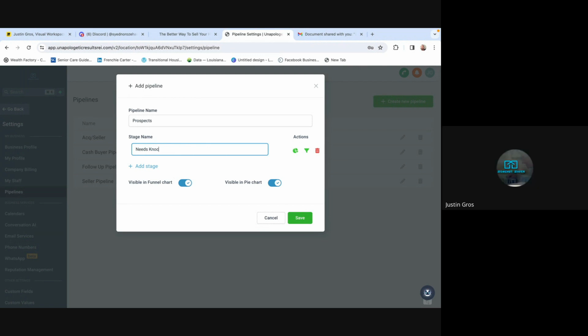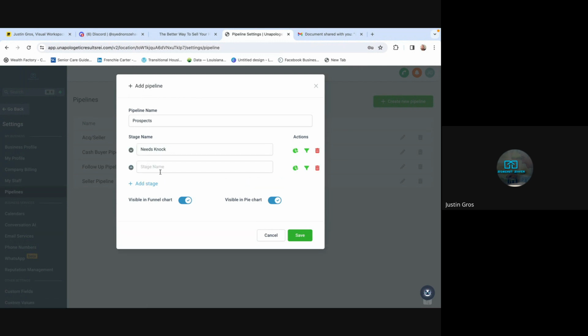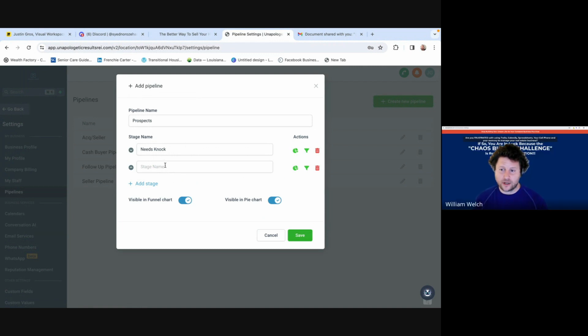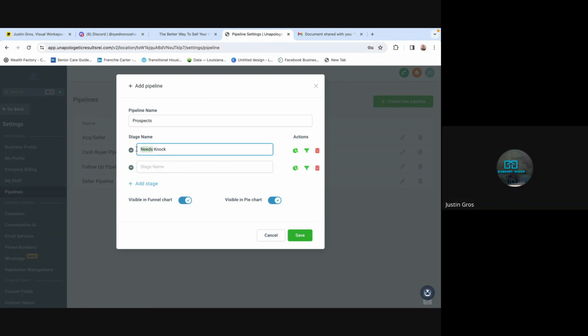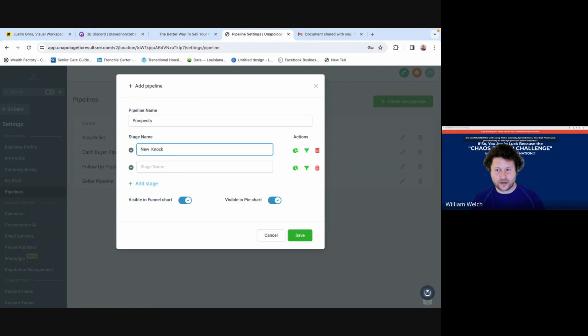Okay, yeah, I'll play with that a little bit. Maybe you first come in, you need to knock, and you would do it in order, right? So like needs to knock. Okay, knocked. I would make the And first, then one new lead, because they're all going to live in the new lead before they go to the next one.